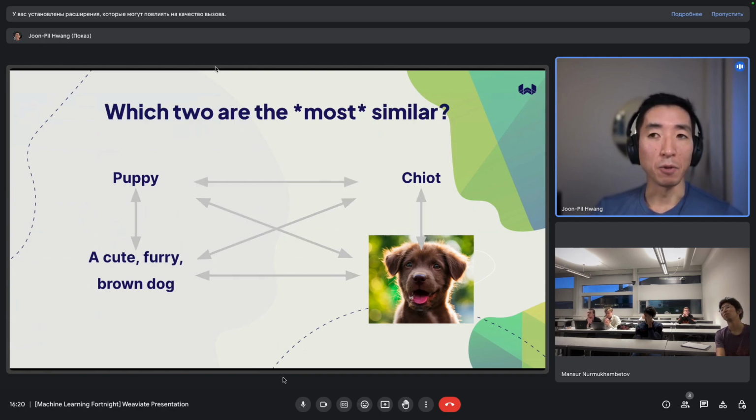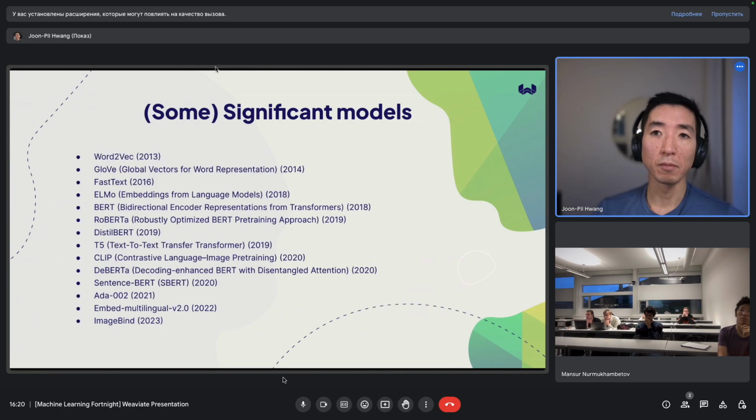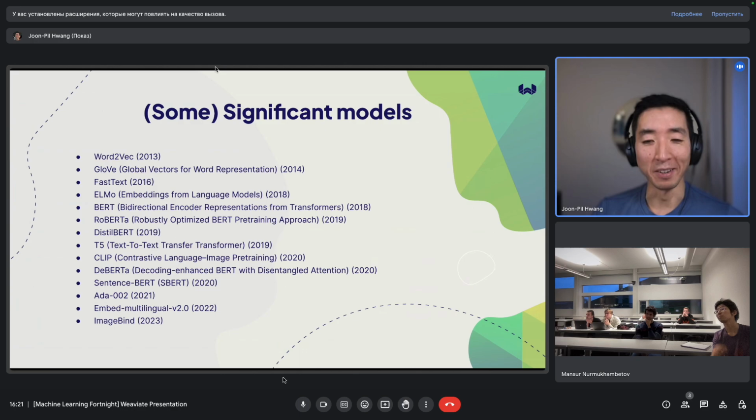So what I'm getting at with this example is that which two out of these examples are the most similar is determined by the model, because the model makes the decision as to what features to capture and what to output as your vectors. And here are just some of the models that are available that will convert input objects to vectors.